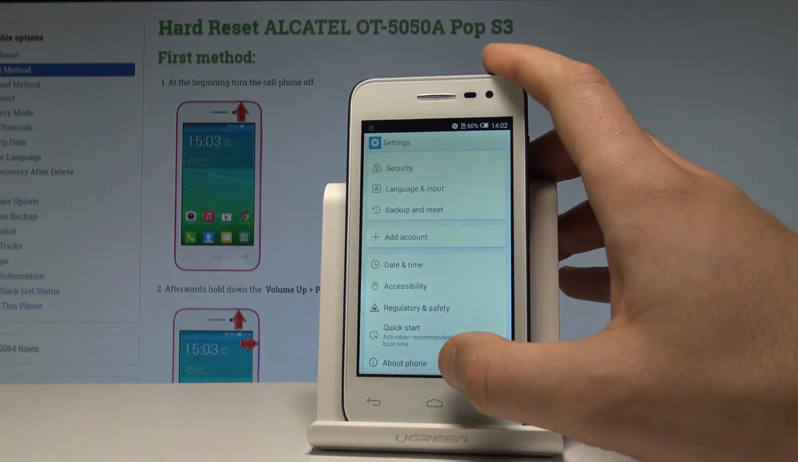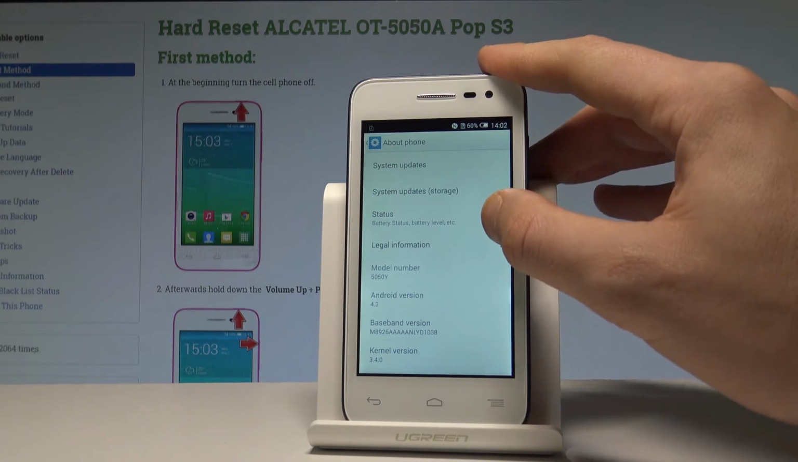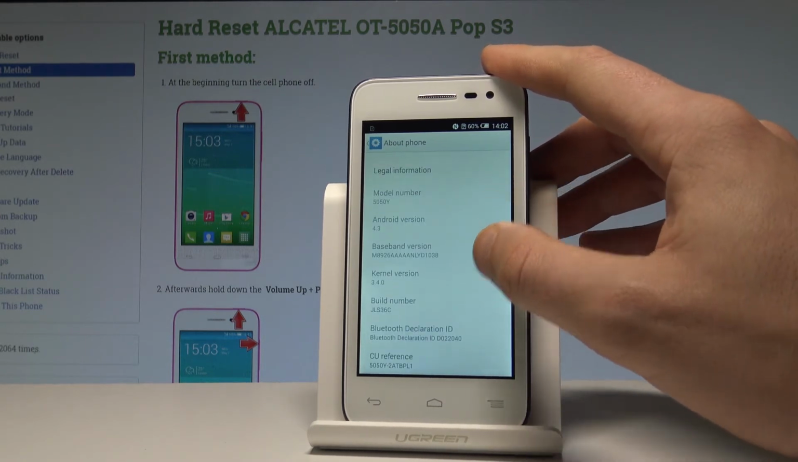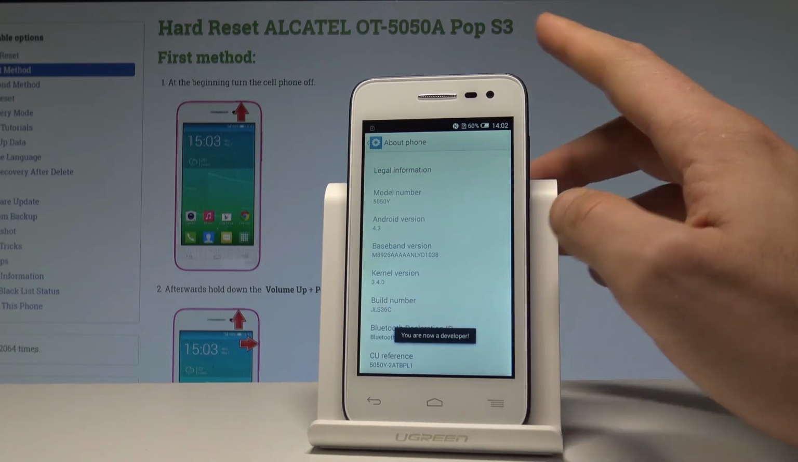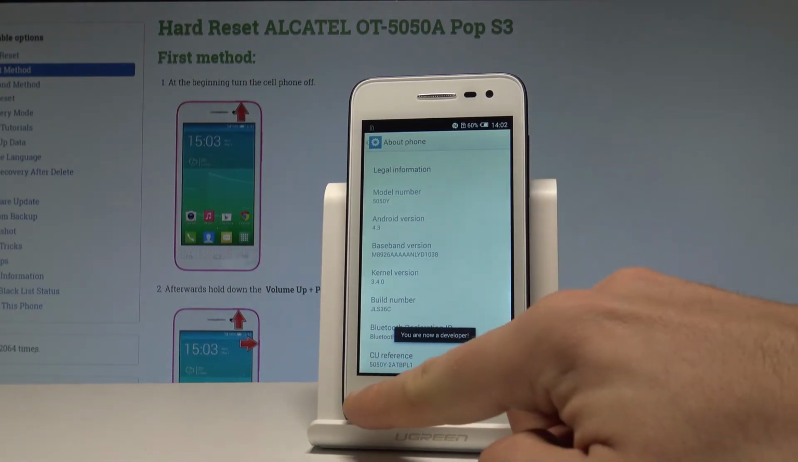Scroll down to the bottom of the list, choose About Phone. Here you need to scroll down one more time and find the build number. Now let's tap a couple of times on build number, and as you can see, you are now a developer. So you can go back to the previous list,